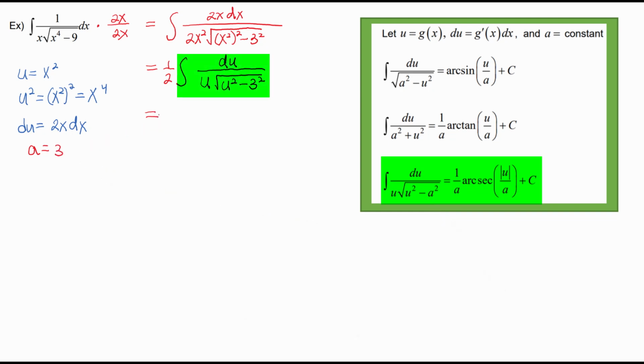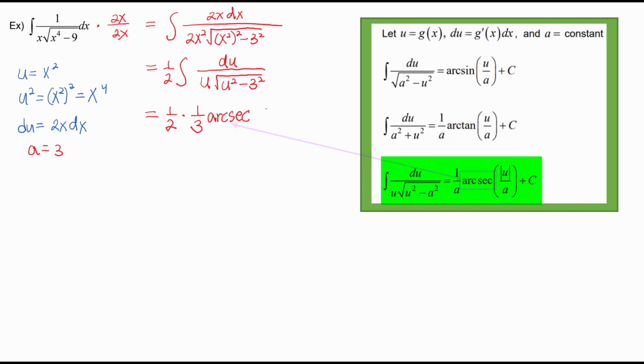So now it perfectly fits my formula of arcsecant. I do have 1/2 constant multiple in front of integral, and integral of du over u radical u squared minus 3 squared is now 1 over a, and my a is 3. So it is 1 over 3